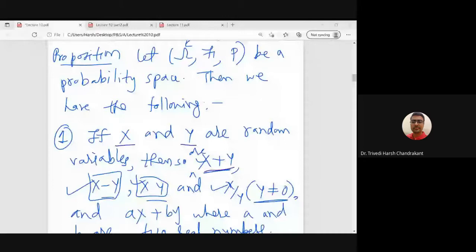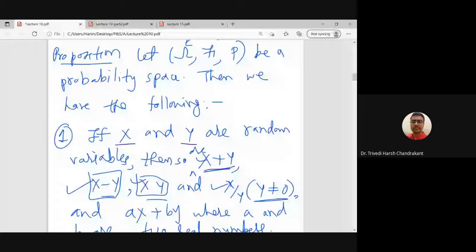I have shared the screen. Is it visible? Yes, sir, it is visible. Okay, so my screen is visible. Just in case you face any problem, you can rejoin again. Okay, so